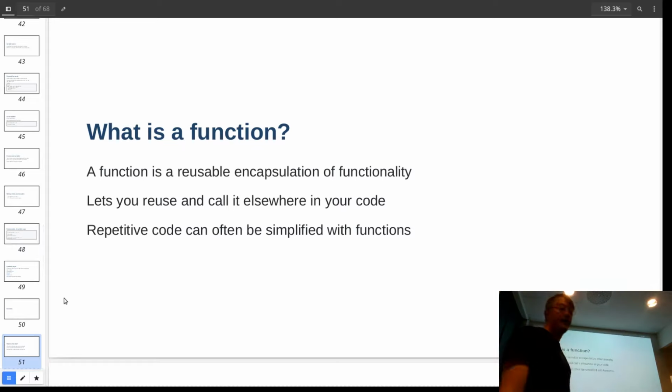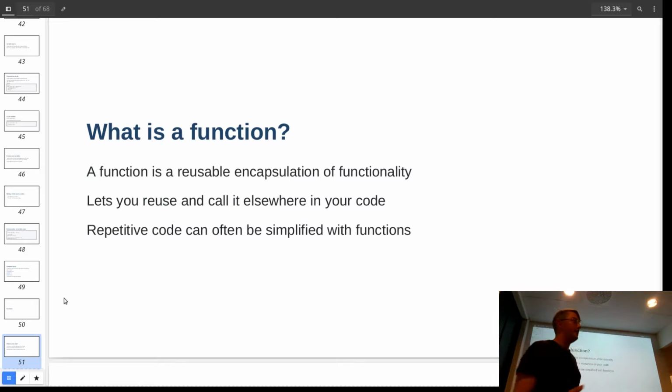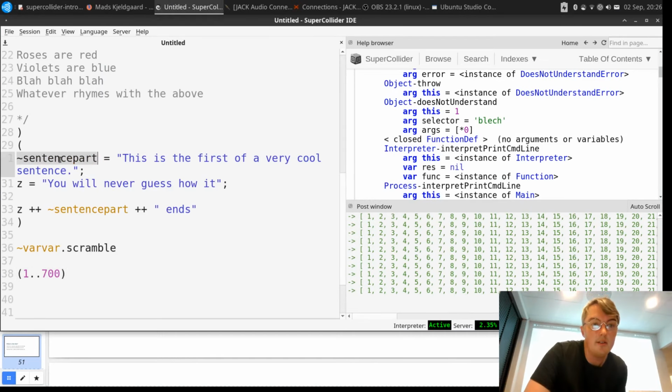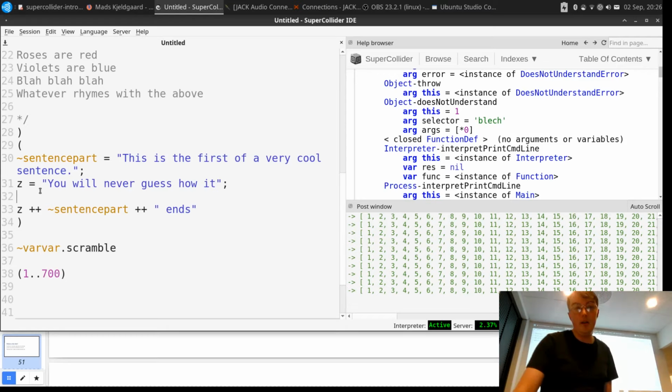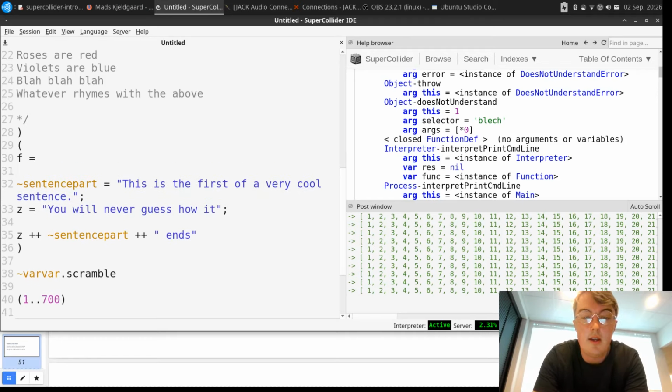So what is a function? A function is a reusable encapsulation of functionality. So it's basically a way of saying, I want to scramble this sentence. No, that's a bad example. We could make this into a function, whatever we wrote here, if I wanted to reuse it later. So I can encapsulate it in a variable called f, like this, and then equals, and then put these curly braces around them,